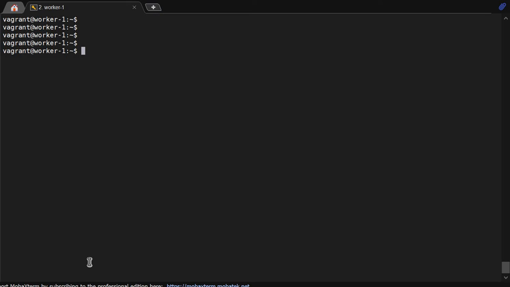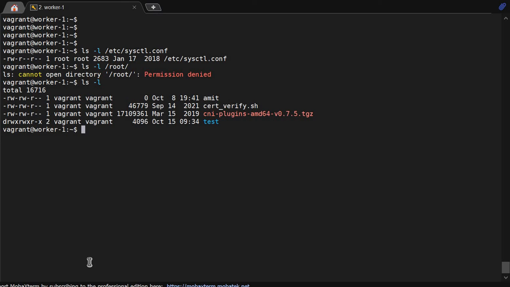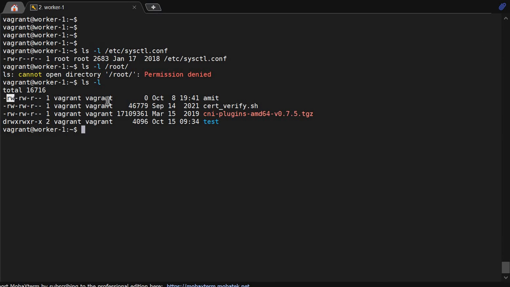But in this we are able to read, like /etc/sysctl.conf. ls -l /root. Okay, we are not having permission. ls -l here. So if you are able to see, sysctl is a file where I am not allowed to write. Here this is the Amit file, and test is a directory which belongs to this user and group. Okay, so this is how we can read. This is a directory,